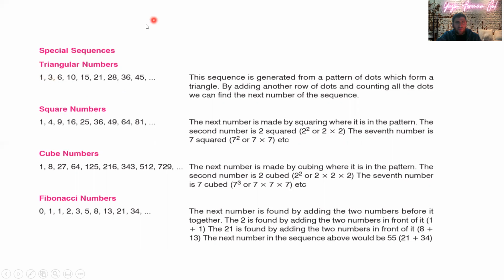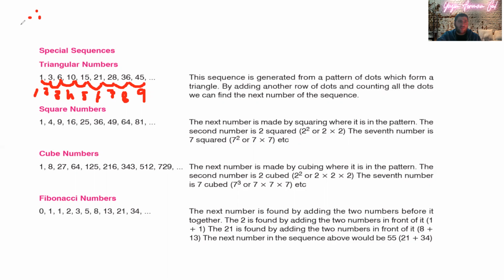From 1 to 3 is plus 2, from 3 to 6 plus 3, from here plus 4, plus 5, plus 6, plus 7, plus 8, plus 9. So basically it's like this: 1, 2,